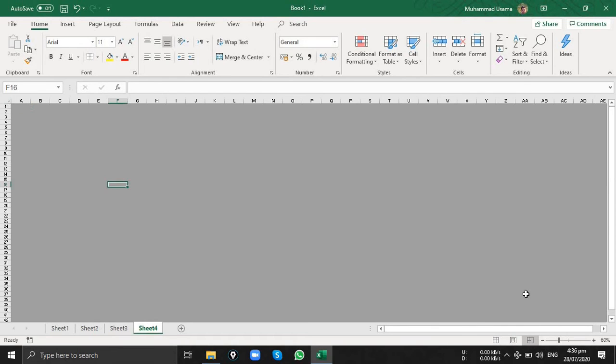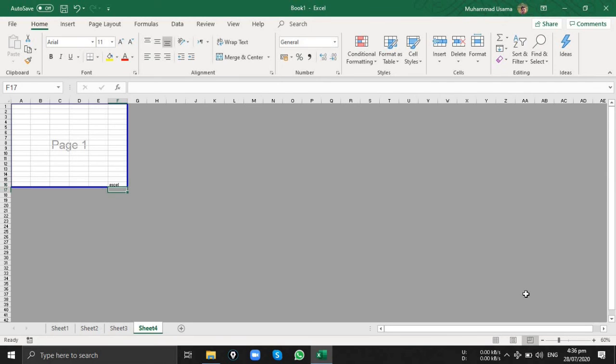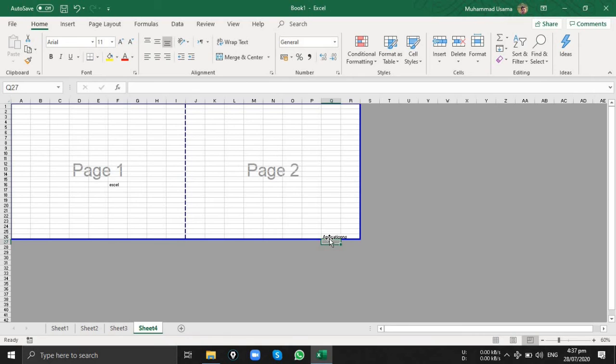When I put some data, then you can see your data is on page 1. If I add more data, then you can see your workbook contains 2 pages.